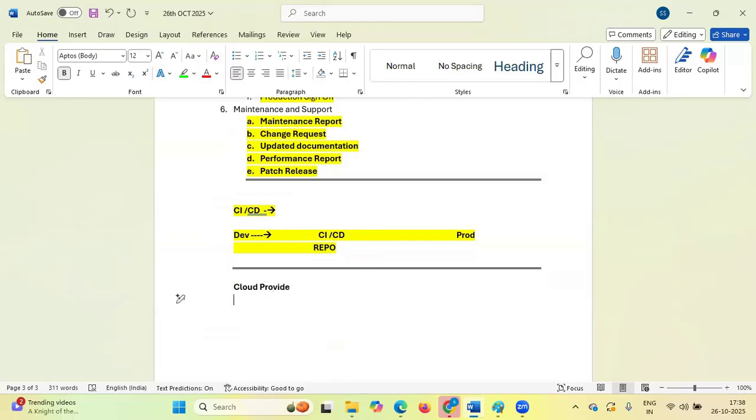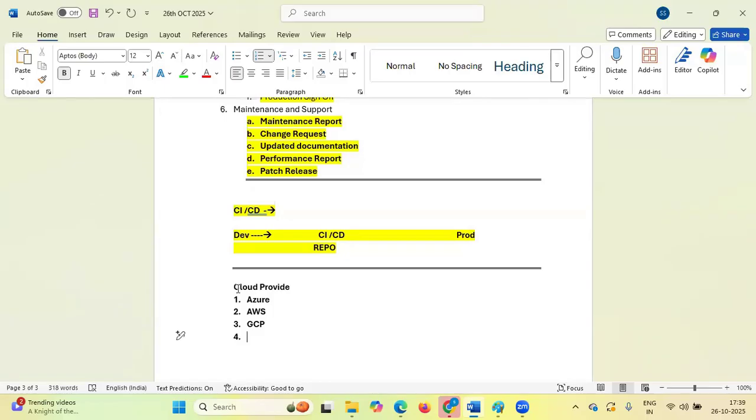Nowadays there are multiple cloud providers available, but what are the major cloud providers which capture almost 90% to 95% of the market? Let us talk about those first. First, Azure cloud. Next is AWS. Third one is GCP.